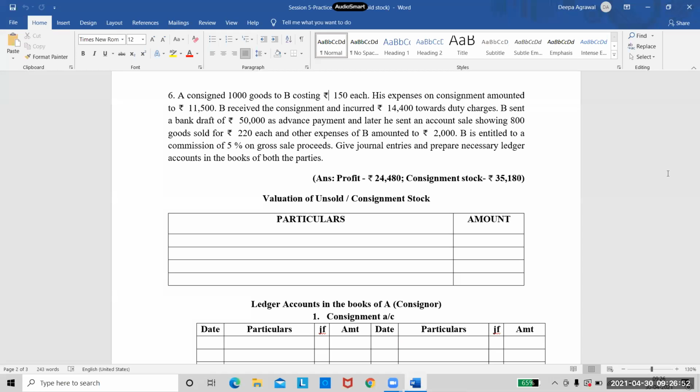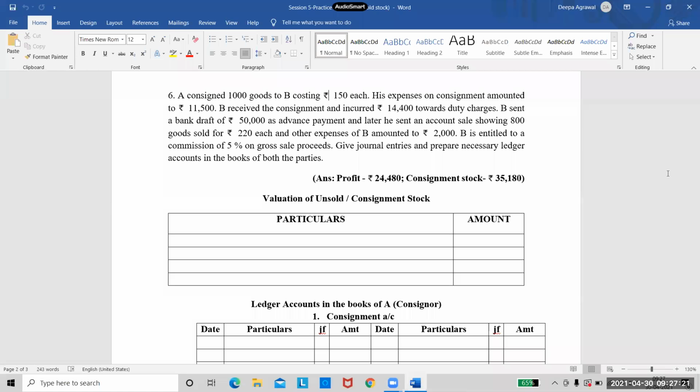See, when will B incur duty charges? He will incur these charges when he has to take the clearance of, maybe these are exported goods or whatever it is. He has to pay the dock charges, the clearance charges at the place of transportation. So that is duty charges. That means B is incurring these expenses before the goods have reached the godown. So these are non-recurring expenses of B. So now we know B's expenses are non-recurring.